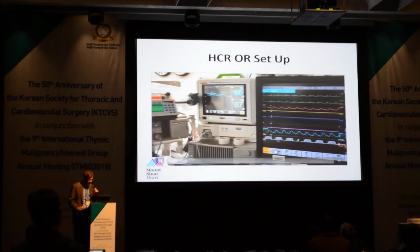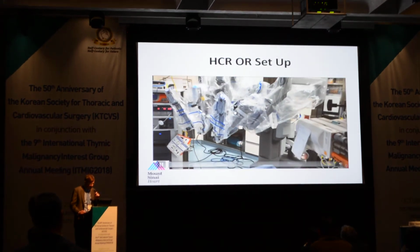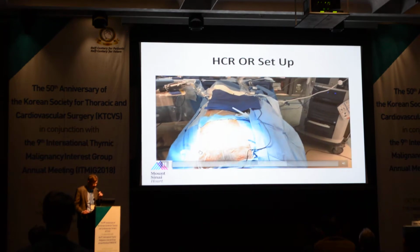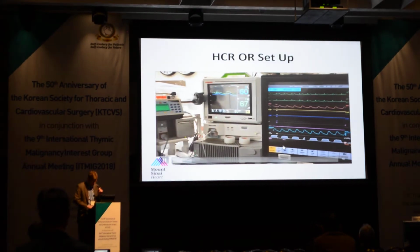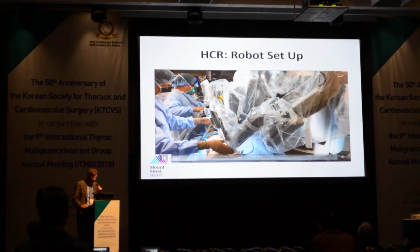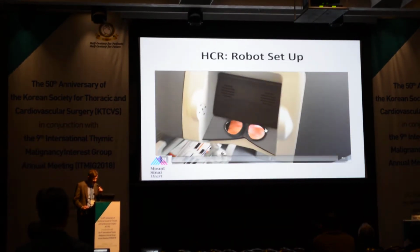So this is the OR setup, full monitoring. This is the robot shown here away from the patient. The patient is anesthetized here in preparation for single lung ventilation. The robot console is down here. We insert trocars in the 2nd, 4th, and 6th intercostal spaces and then dock the robot, insert the camera and